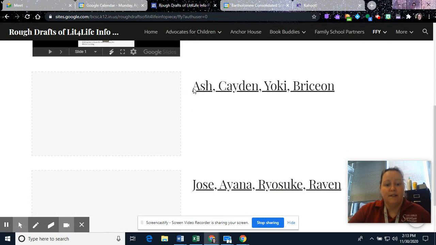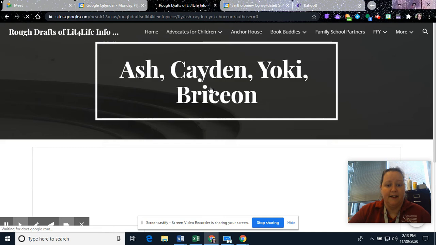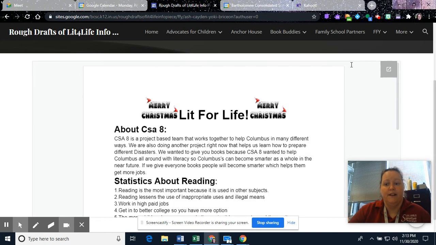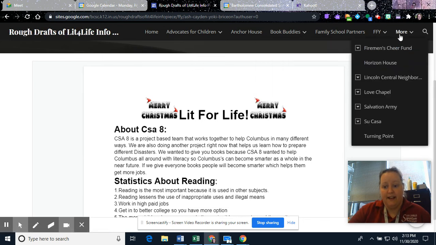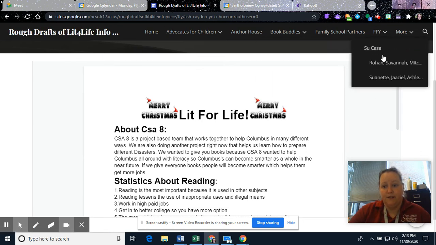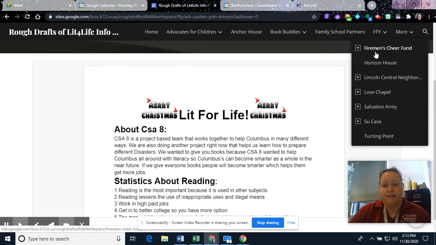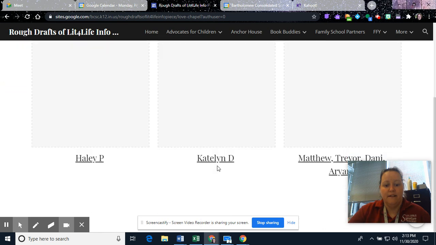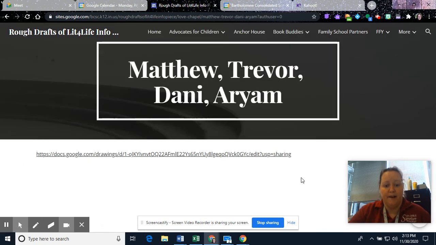But then other groups put it inside theirs. So if you click on theirs, you'll see their information. Again, you can click it to make it bigger. And again, don't forget there's the drop-down menu, so you can see the different groups for the different charities. And again, you'll just kind of go through, you'll find ones that you want to look at, and you're giving feedback to 5 different groups.